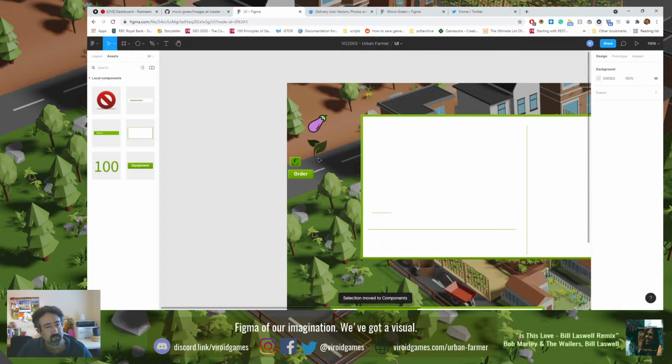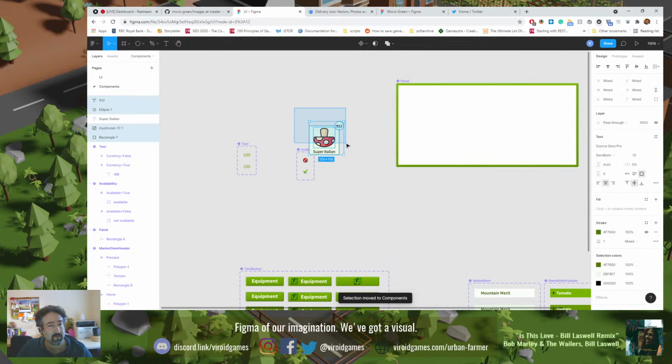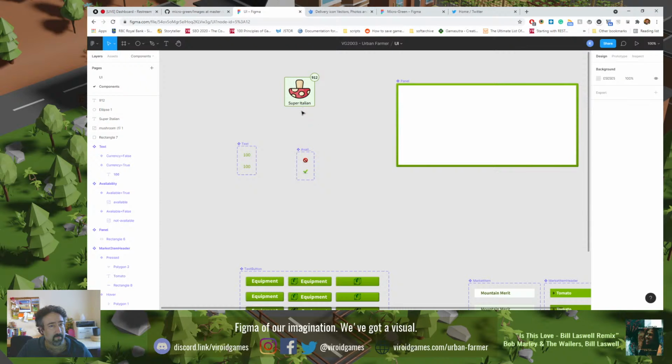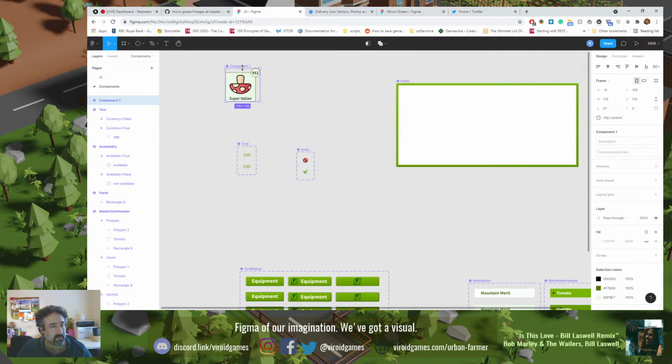Go to the page components. Done. Now, under components, you are here. Okay. It's going to have its own section. So let's turn you into a component. You are going to be called inventory item. Okay. You will have the following